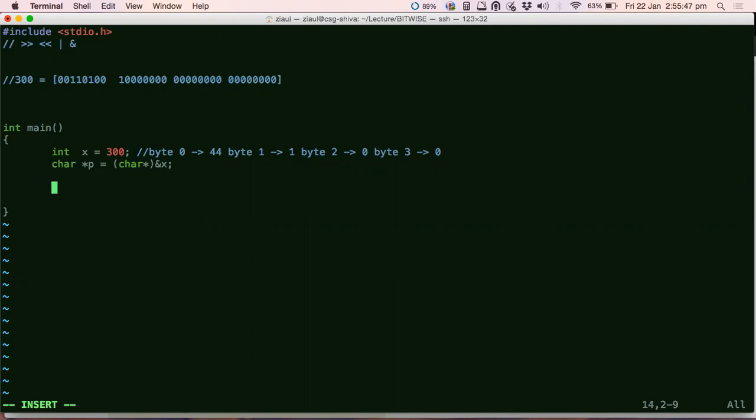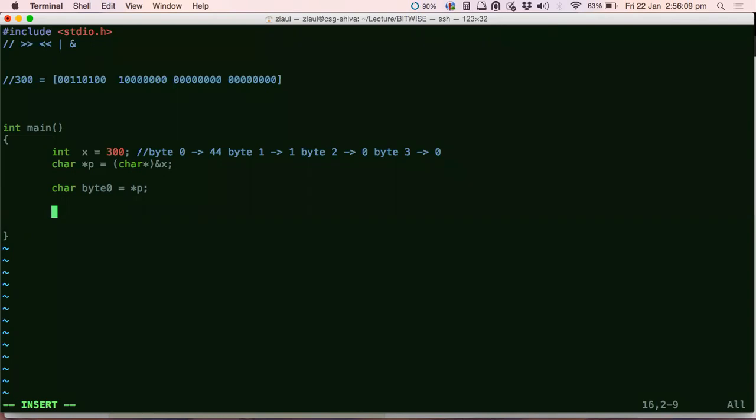First let me get hold of the byte. How do I get hold of the byte? So this character will give me the byte value, because whatever I have stored is in byte 0.